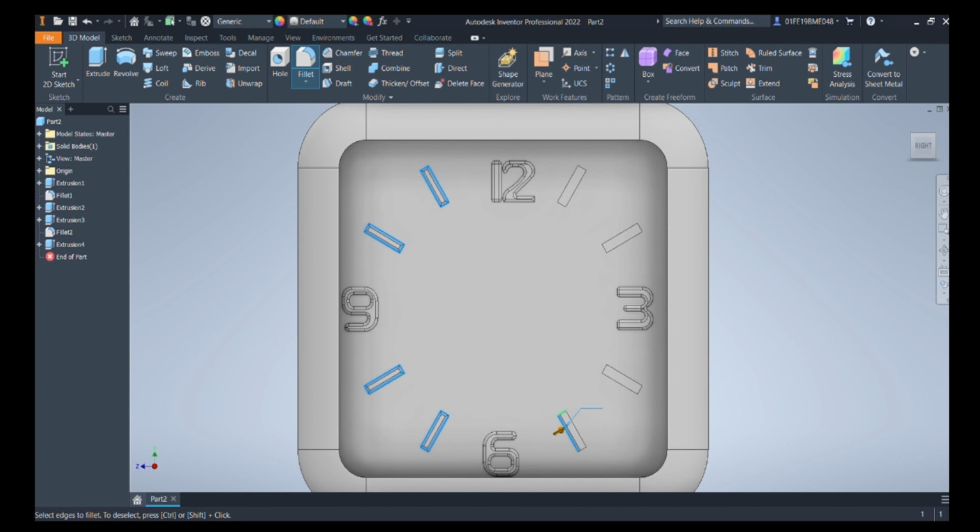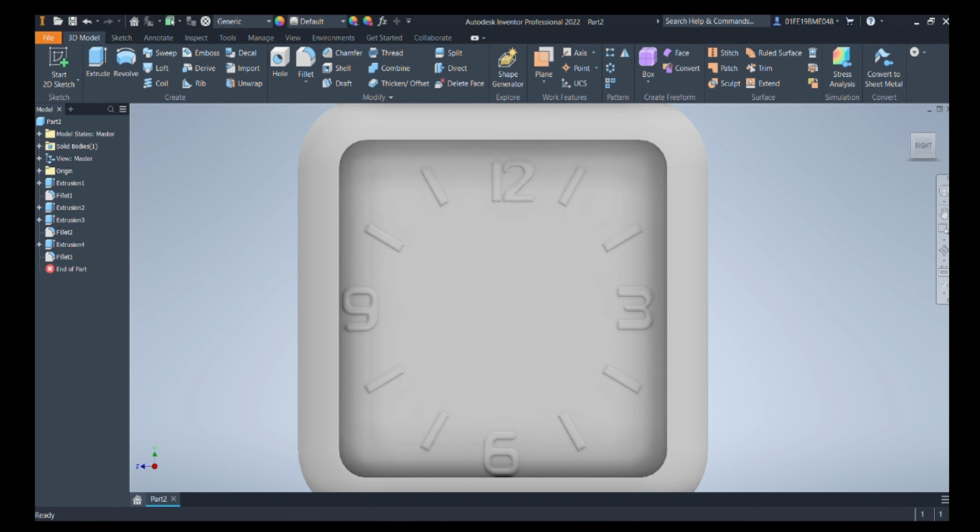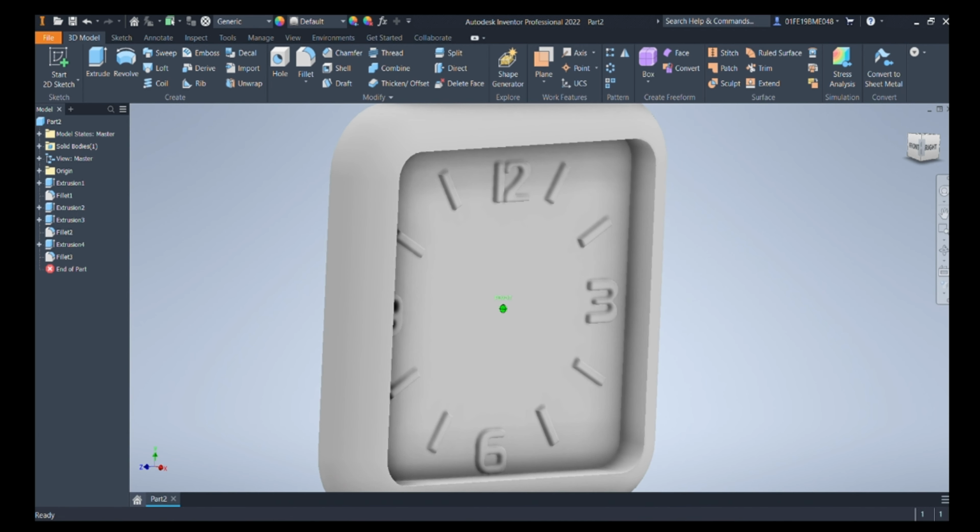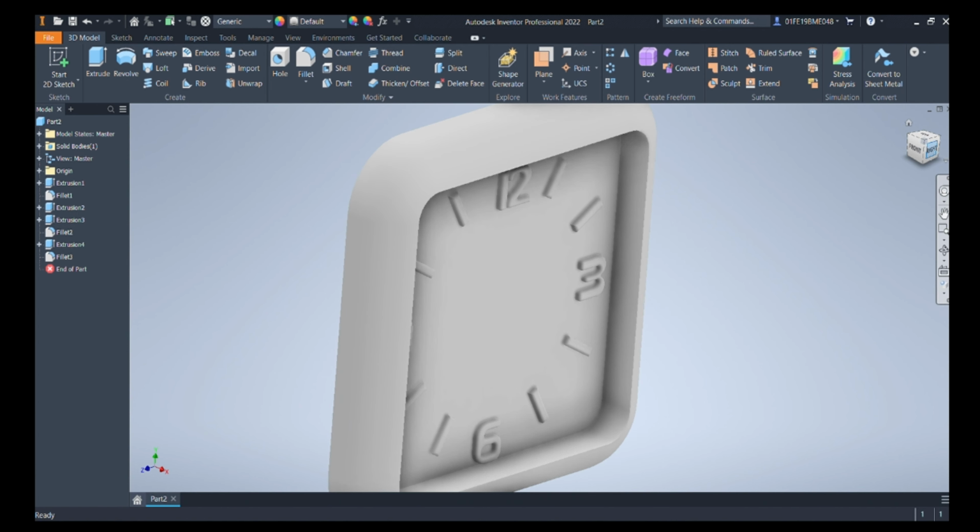We will be selecting the lines individually. Okay, once we have done with it, then we will add colors to it, which will look good. Yeah, we can see that the overall frame of our clock is ready.